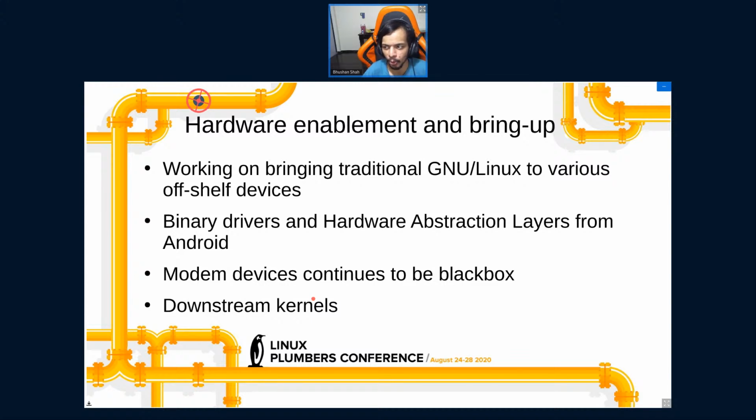So to run a traditional GNU/Linux system, well, not Android system, because it's not Android, on those off-the-shelf devices, you need to deal with some challenges, like these devices might work better with binary drivers or a proprietary hardware abstraction layer.